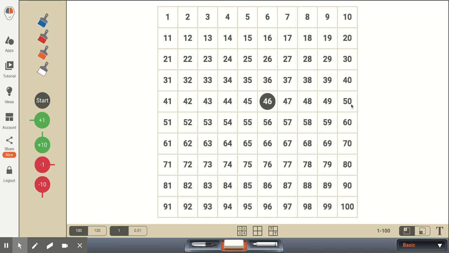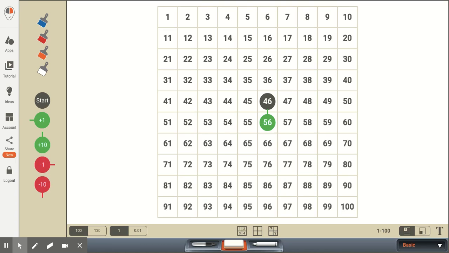So let's take an example of starting with the two-digit number of 46. The expectation of the standard is if we ask the student how much is 10 more than 46, we would want them to say 56. I'm using a number grid here, but the expectation is that students should be able to do this without using the number grid.